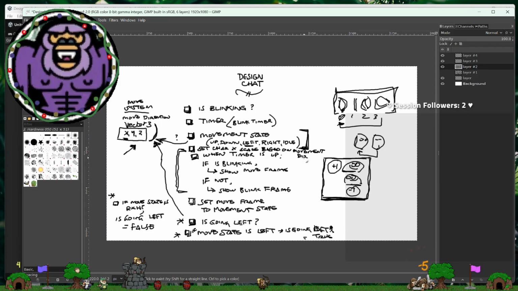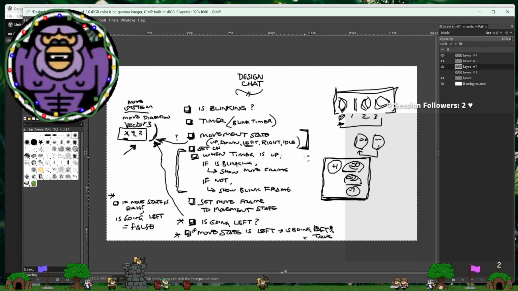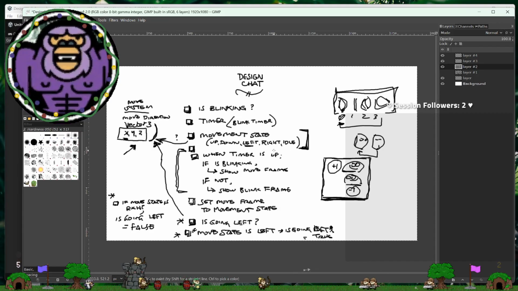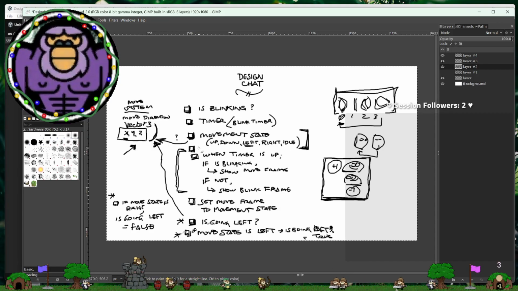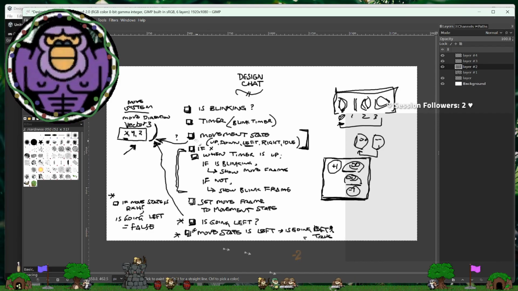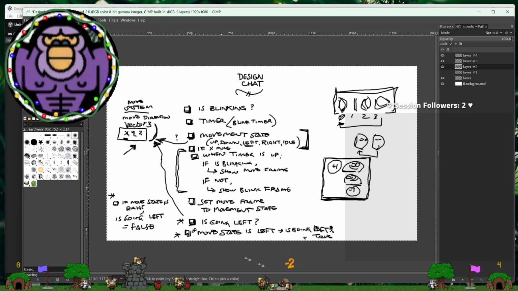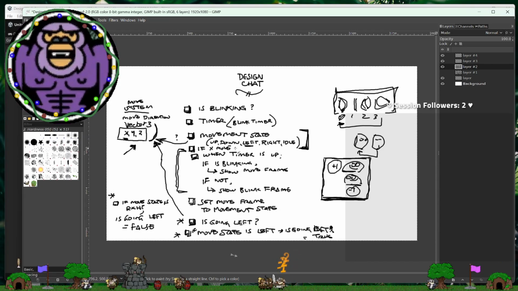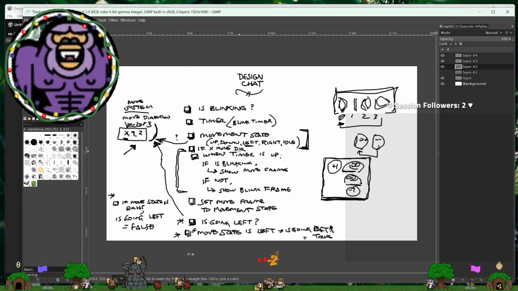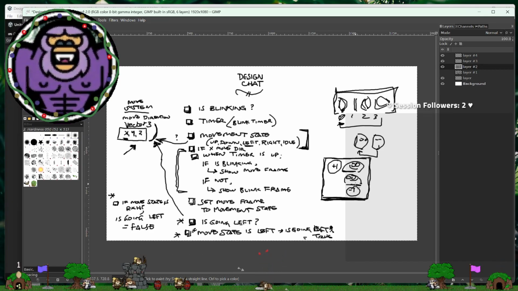Okay, I got it. Hold on. I'm thinking about the rules. Rapid prototyping, right? If the X move direction is not 0. Now, this is significant. If the move direction was 0, it's because we're moving up or down. It means that we shouldn't change which way our character should be oriented.